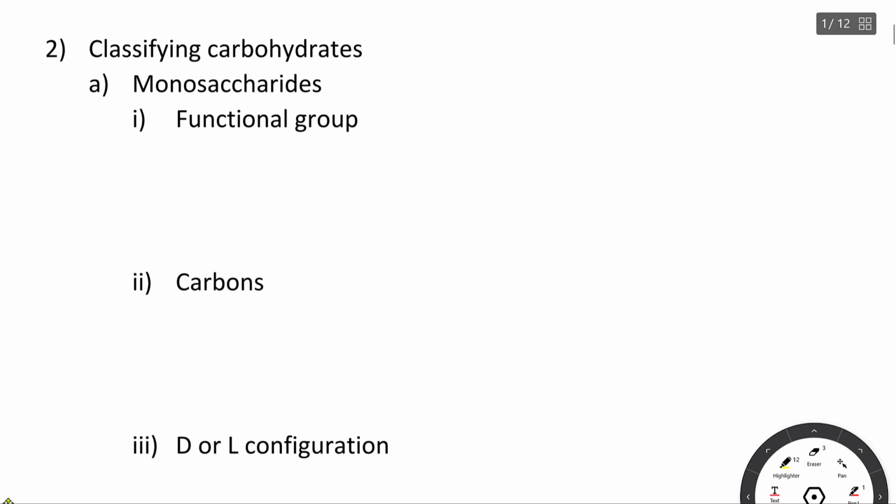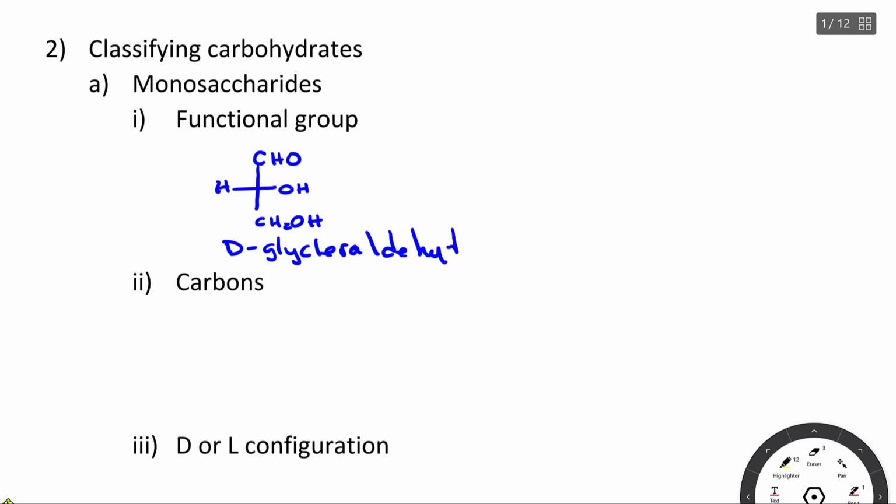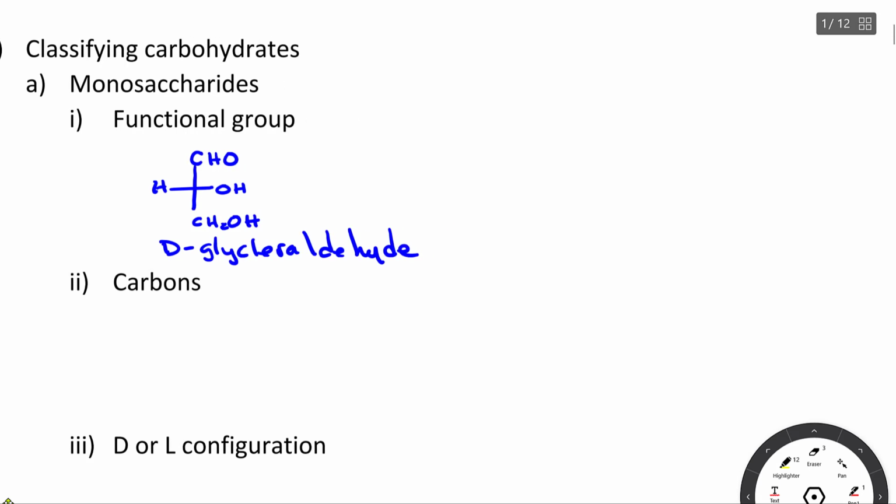So there's this molecule, and this is D-Glyceraldehyde. I'm just going to write this as CHO. D-Glyceraldehyde, okay, and then there's